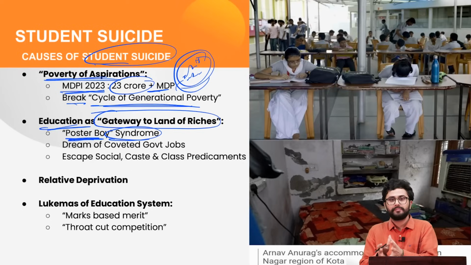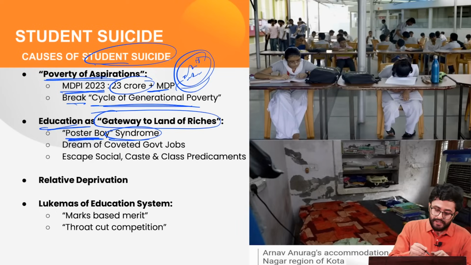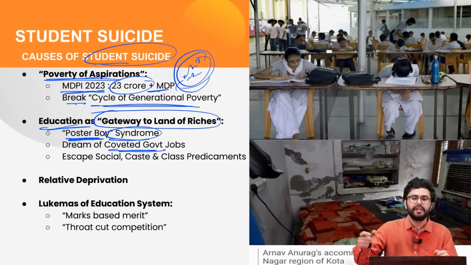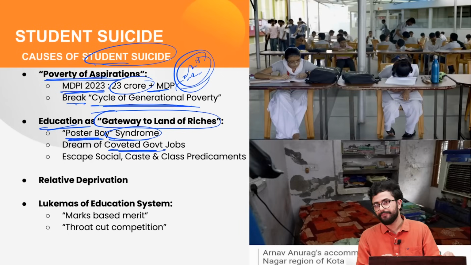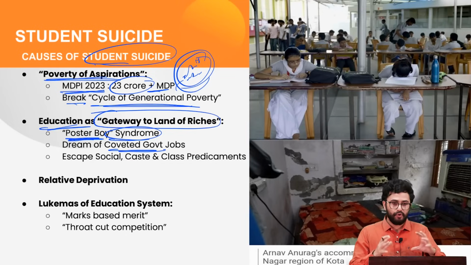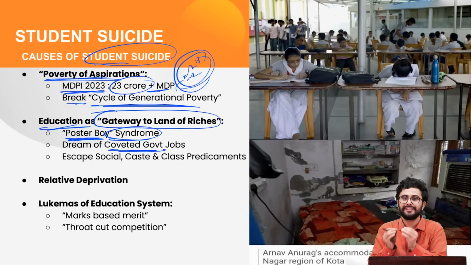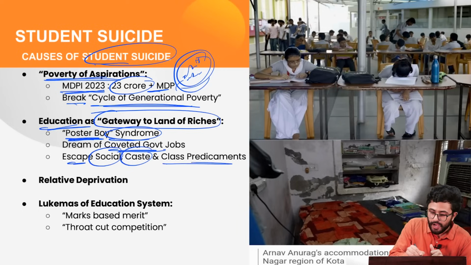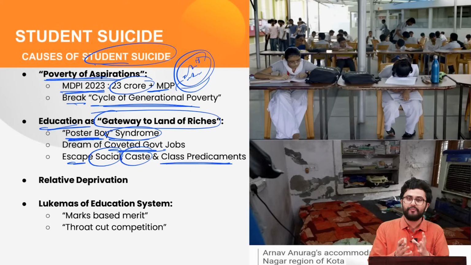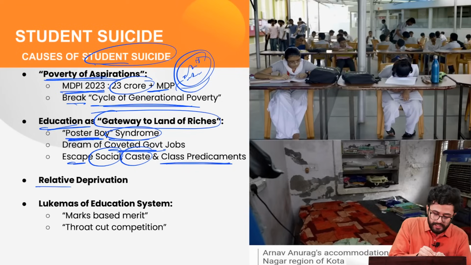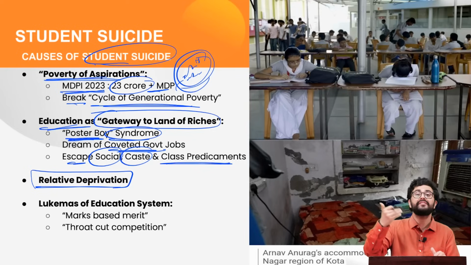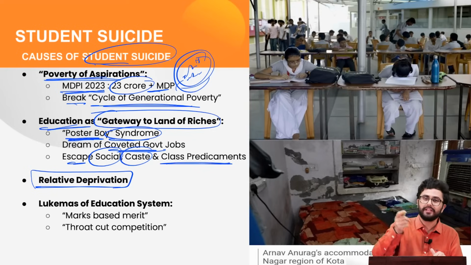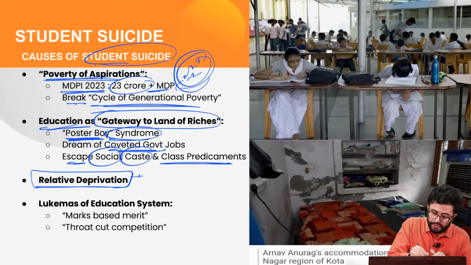Then all these students, and majorly because of their families, dream of these coveted government jobs or sarkari naukri, which will obviously eventually transform their life. And another major reason is, for such high competition or enrollment in these selective few examinations, the reason is to escape the social, caste and class predicaments to which these students have been exposed since their childhood, thus ultimately leading to the issue of relative deprivation, which has further